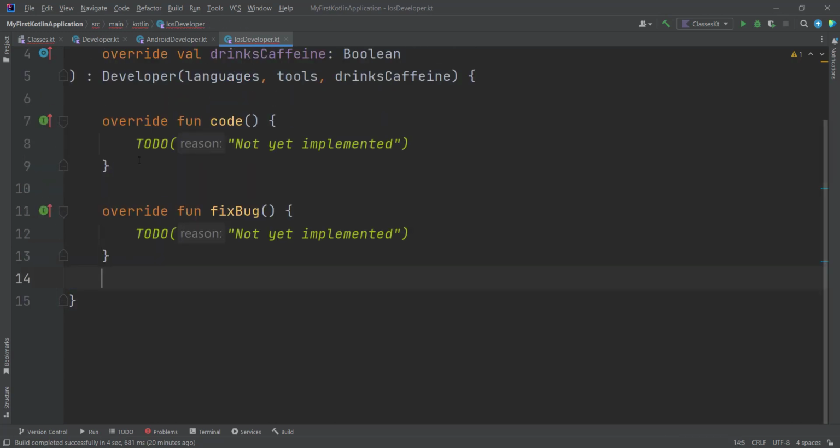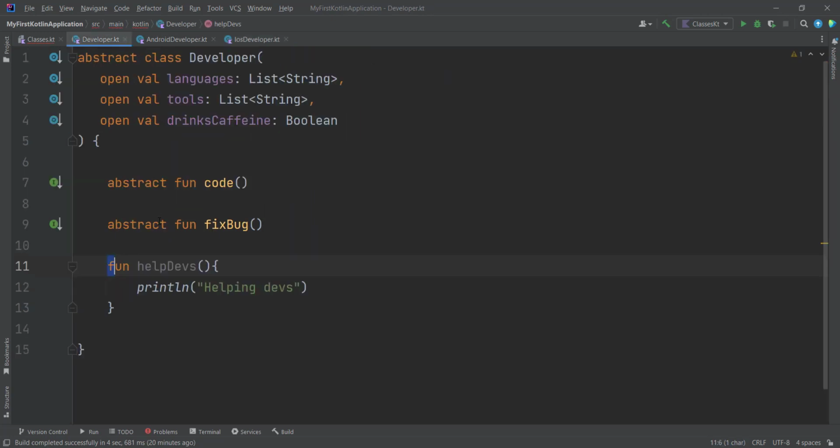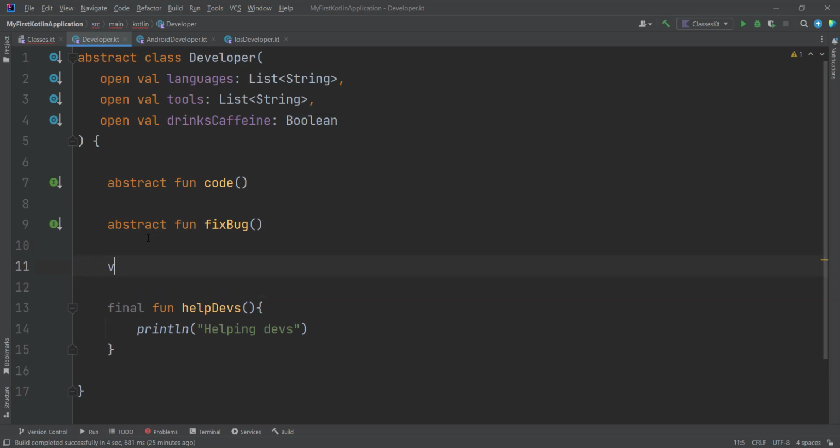So any function in Kotlin that wasn't annotated with the open keyword or abstract keyword is marked with the final keyword. And see, it's redundant here, you don't have to add it because every function is final if it wasn't annotated with abstract or open. And yes, the final means it's immutable, so it's just the same as having a val